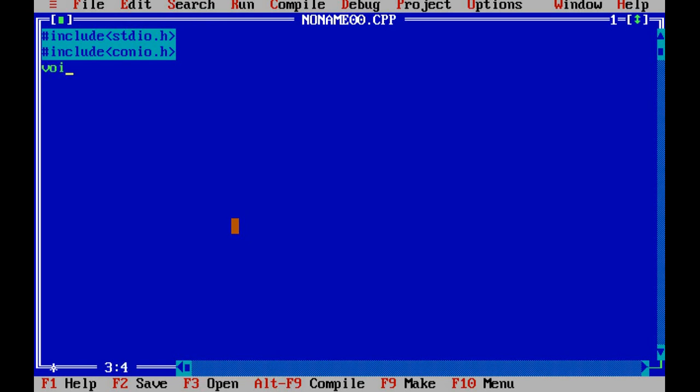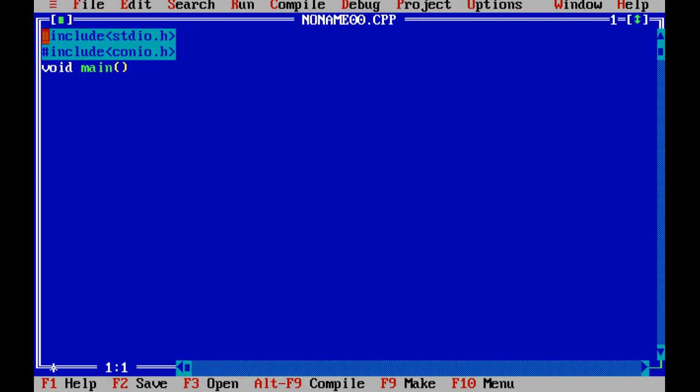Next, press the Enter key on the keyboard and give the main function. What is the starting point for every program? That is void main, because void main is the basic starting point of execution of the program. Every main has two return types, either void or integer. Void does not return any value, but integer can return a value to the operating system.